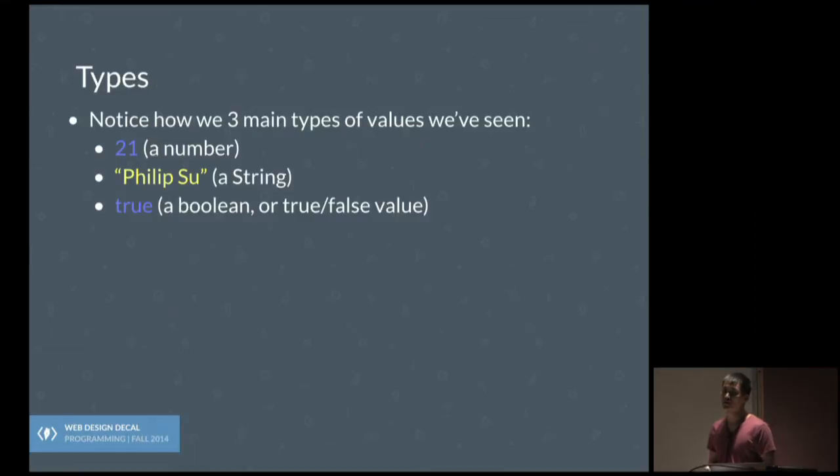There's also another type that's neither a string nor a number necessarily. It's a Boolean. Notice how this value right here, I have true written here, but I don't have quotes around it. Yet it's still recognized by Sublime to be a value. A Boolean is a true or false value. Many a time we'll encounter something that has to either go down one branch because something is true or something is false. The way we distinguish that is we have these types that basically mean true and false. Is there a question over there?